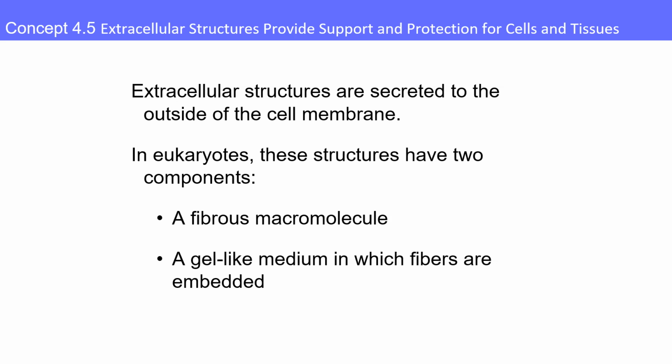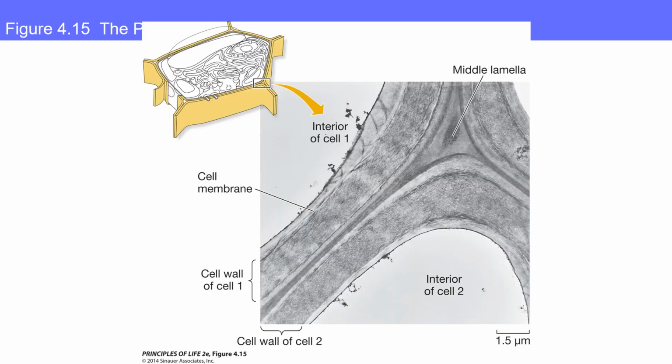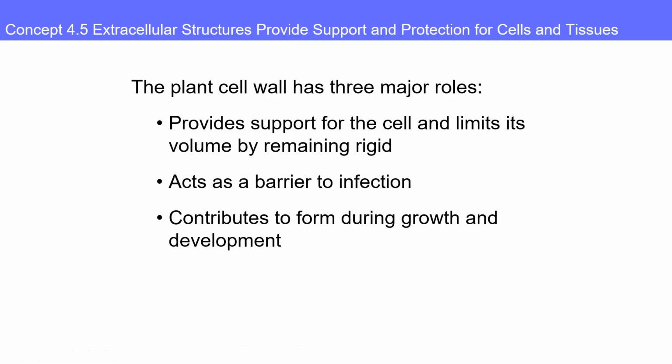Now, extracellular structures, so we're now moving to the outside. So we've now gone past the cell membrane and we're outside of the cell. And there's two different types. In eukaryotes, these structures are typically macromolecules and gel-like mediums. In plants, they also have a cell wall, which is a semi-rigid structure that helps provide support for the cell. As seen here, remember, it is located on the outside of the cell membrane, not the inside of the cell membrane. The plant cell wall has three major functions. It provides support for the cell and limits its volume by remaining rigid. It acts as a barrier for various infections, and it contributes to